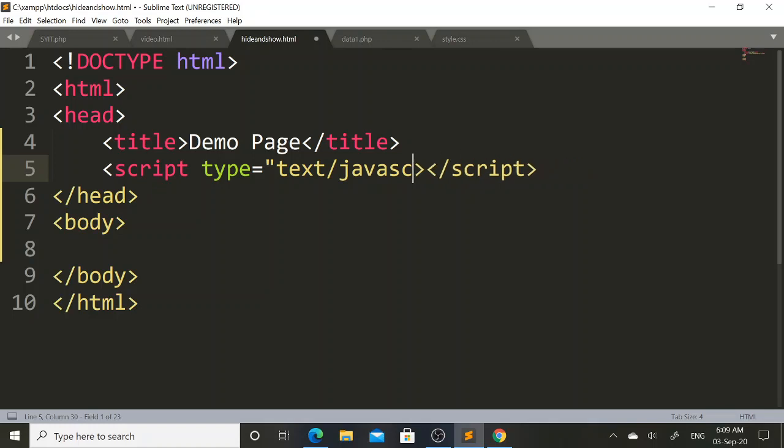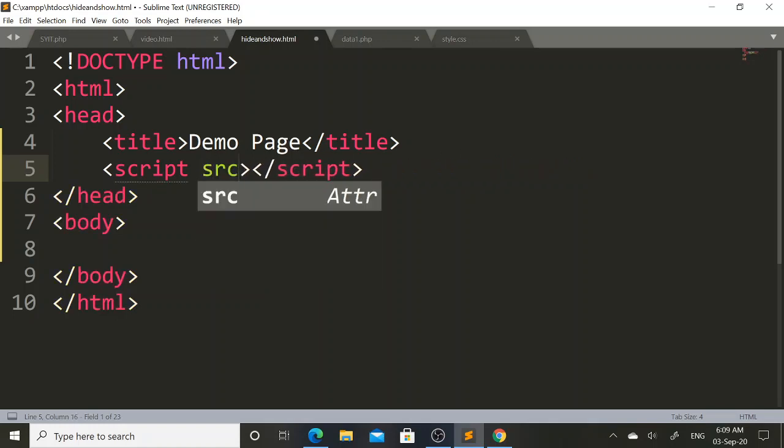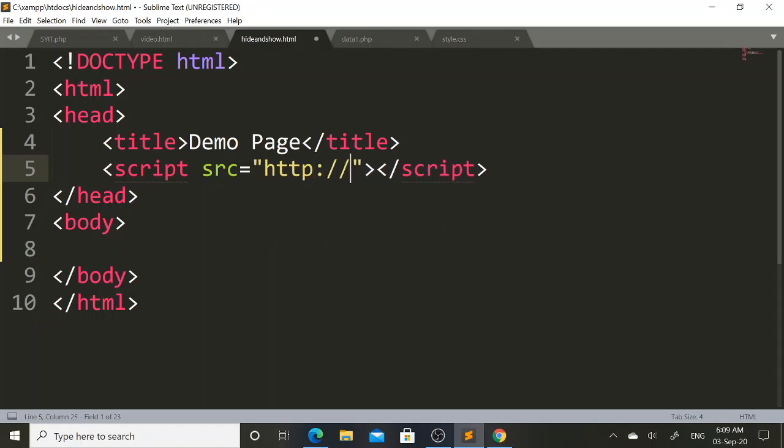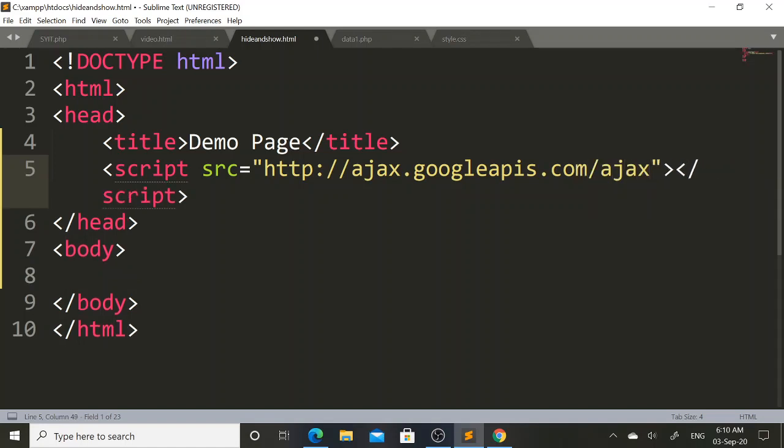In this script tag I will mention src, that is source attribute, and in source attribute I will pass a particular value, that is http://ajax.googleapis.com/ajax/libs/jQuery/.